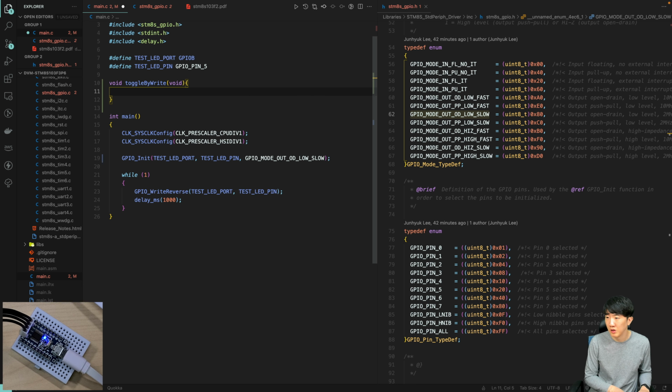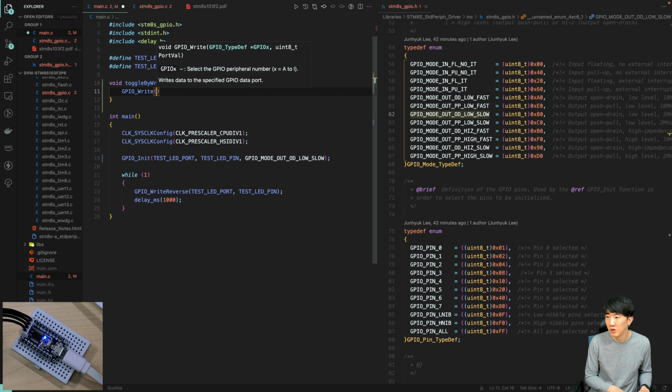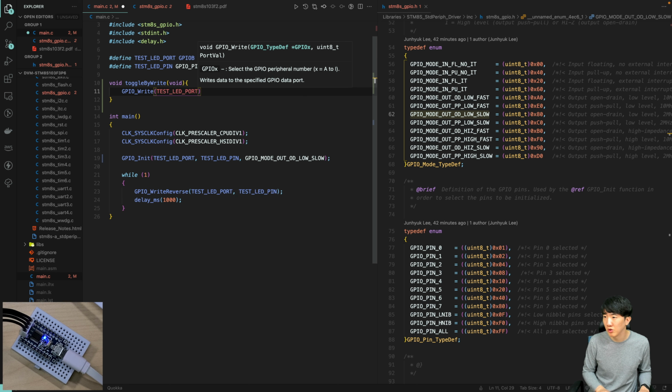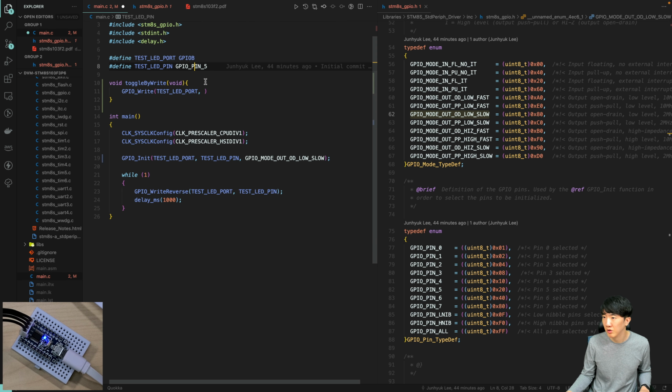Next, as you can clearly observe right here in front of us, we have the port coming in first. Indeed, the port. This is port B, and this is 5. Assuming there are a total of 8 cases for each port, represented as 0, 1, 2, 3, 4, 5, 6, 7. We are currently using pin B5. In this context, each number from 0 to 7 represents a unique case or scenario for the port, allowing us